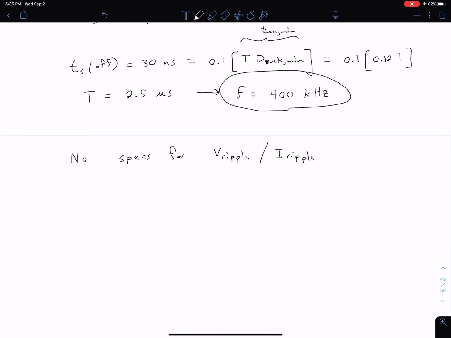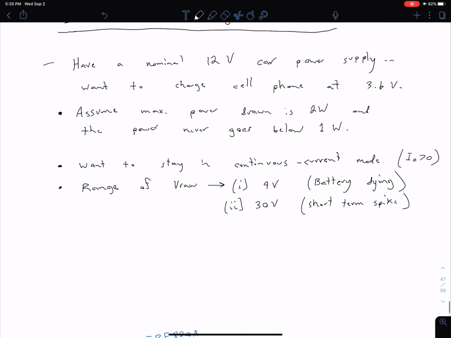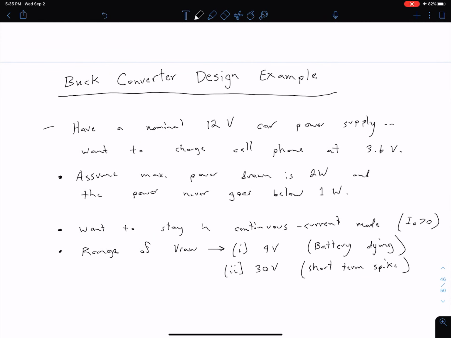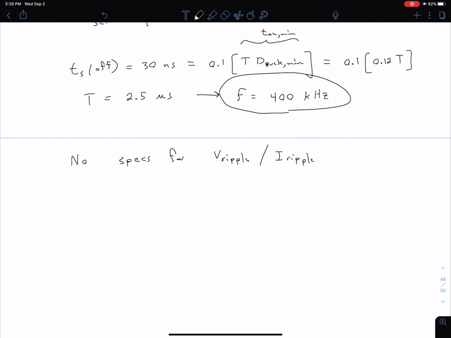The only thing we're told is that we want to keep it operating in continuous mode. So let me just scroll back up here briefly. We're told that we want to be in continuous mode. So we're not told to keep our I ripple below a certain value. We're just told to keep that I above 0. So because of that, we can determine the L right at the threshold between continuous and